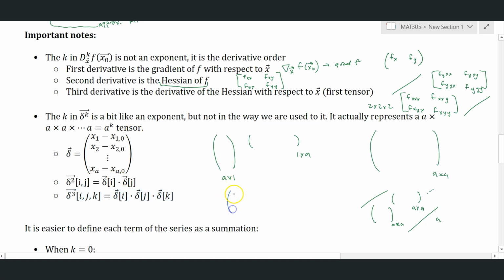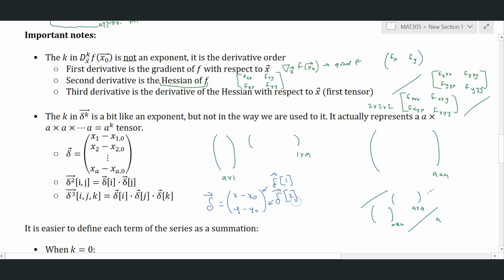Well, let's say that just with two variables, we had x minus x naught and y minus y naught. So that's, let's just say, our delta vector right there. So you can see that delta 1 would be this guy right here. So we're going to label that delta 1. That's just an index saying in the delta matrix, the first component. Now, because it's one column, we only need one index. We don't need to say which column and which row, because there's only one column,